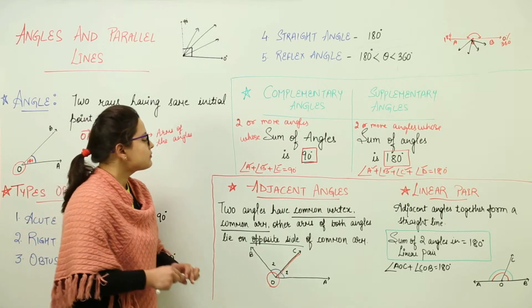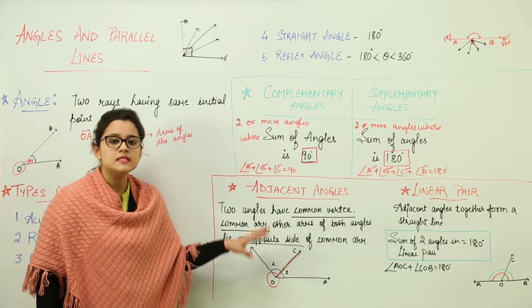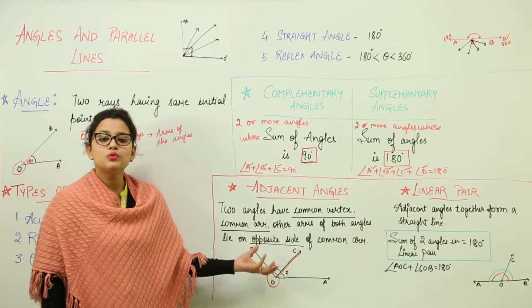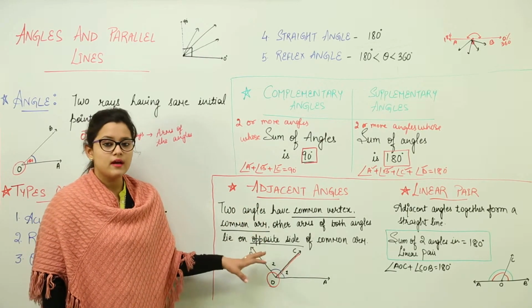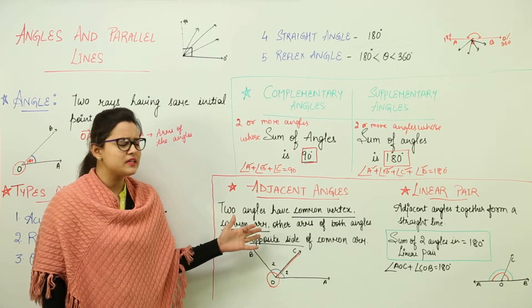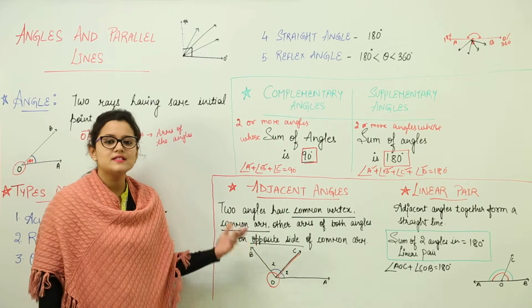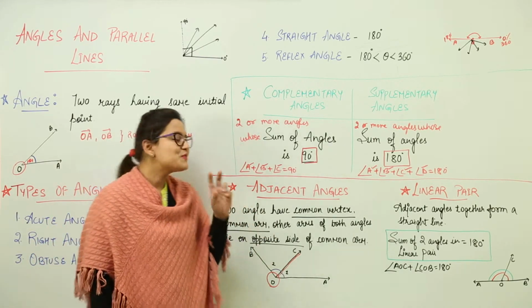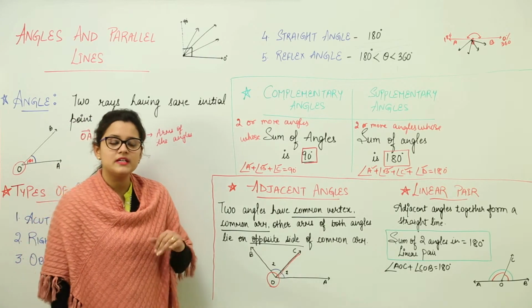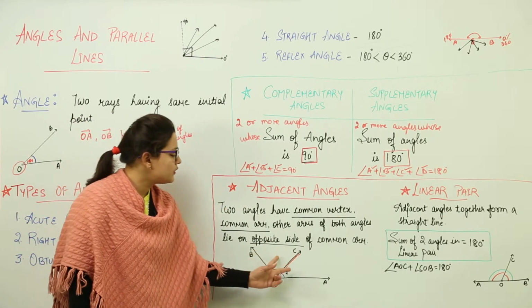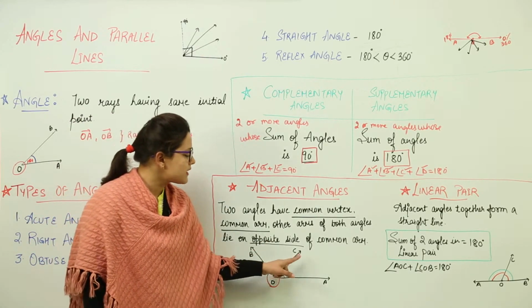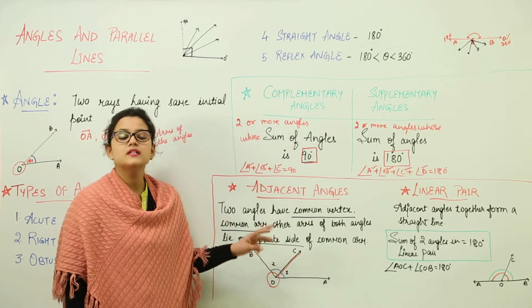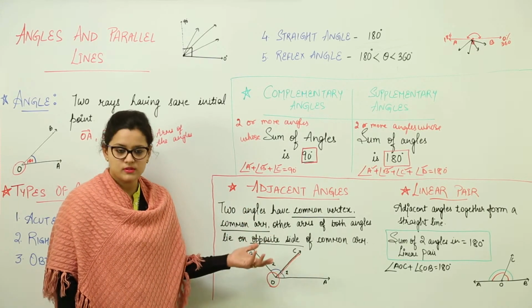That means, again if you want to summarize this, in adjacent angles, can two or three angles have a common arm? Is it possible that three angles can have a common arm? No, that is definitely not possible, right? So we will not define it with three angles, we can define it with only two angles, because only two angles can have a common arm. Three angles cannot have a common arm, that is impossible, right?